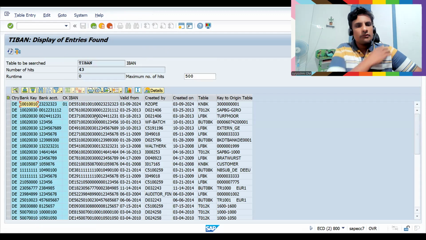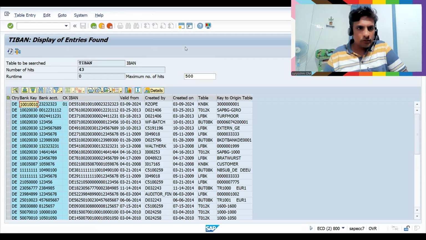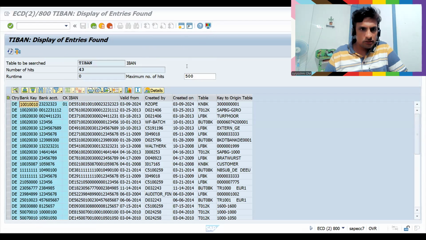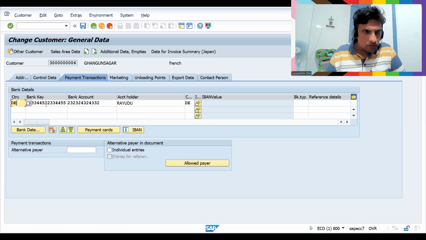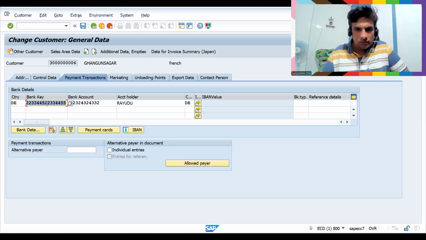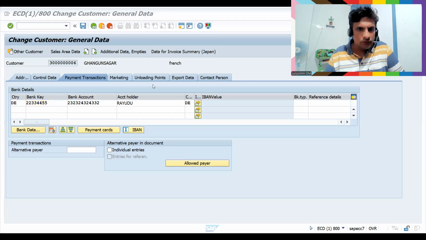With this example, I will show you how it will be generated. This is not our cup of tea, still, I am telling you. Just copy this, one second. And let me take the bank account which is associated with a certain IBAN.